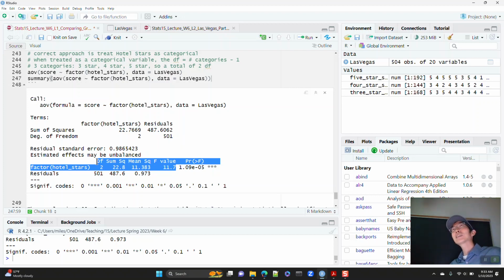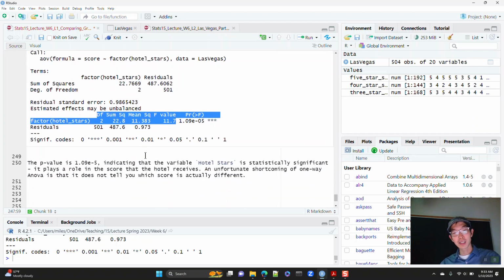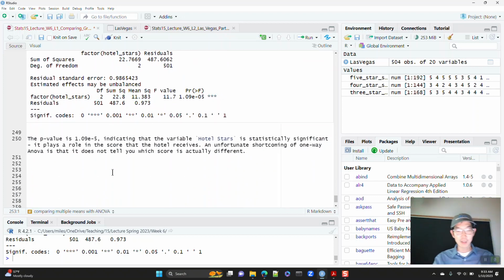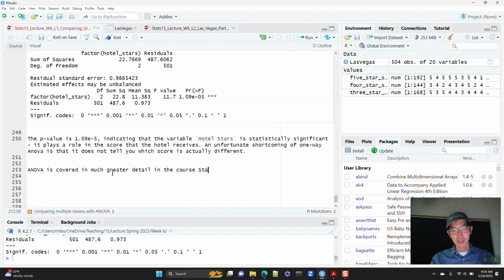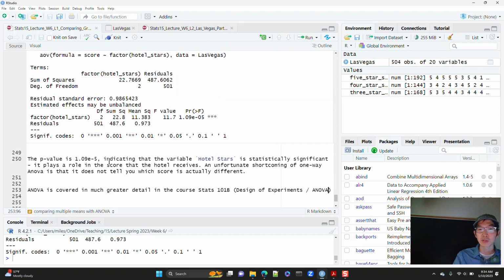If you take Stats 101B in the future, that is the class that delves into all of the details on ANOVA. ANOVA is covered in much greater detail in Stats 101B, which is design of experiments / ANOVA. Those two concepts go hand in hand.